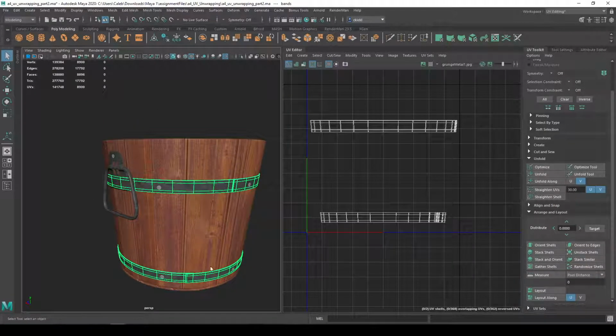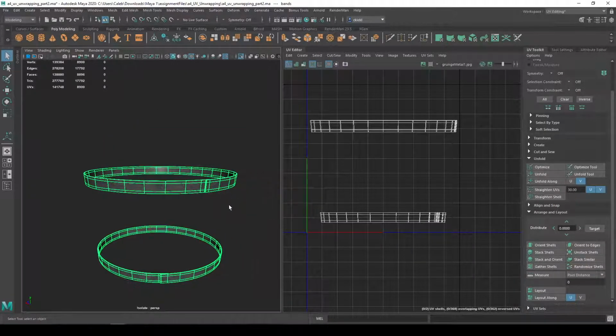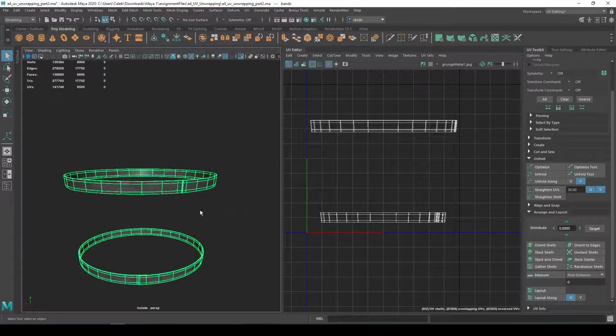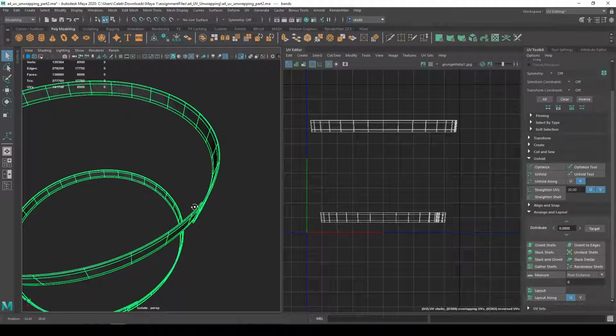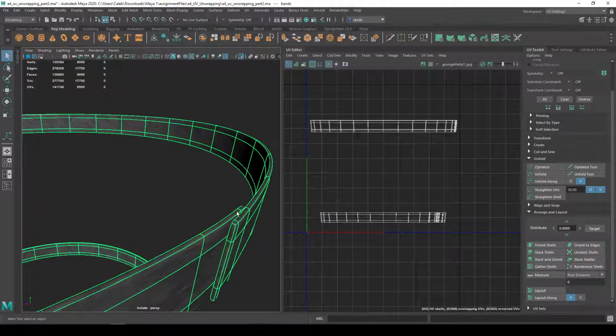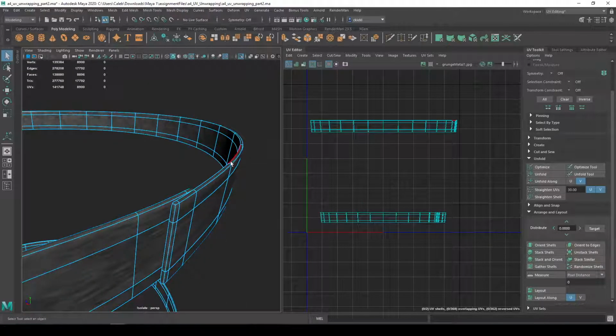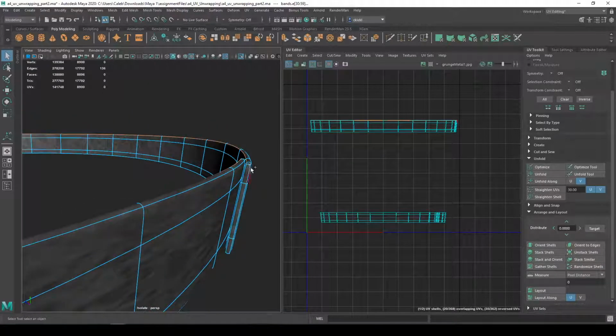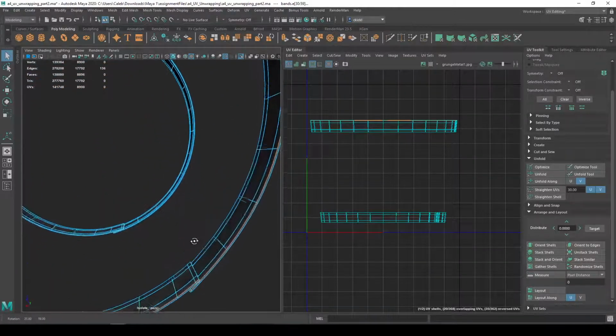The rest of the object is going to be pretty easy as well. Let's take a look at these bands. They're actually cylinders, but they're already disconnected. But they have 3 dimensions to them, right? They have a front, top, bottom, and back side to them. So they're very 3-dimensional. So I'm probably just going to cut this in a way so that they can lay out like a flat